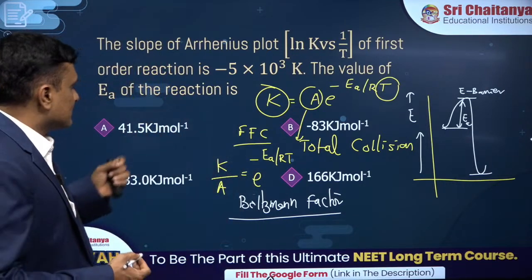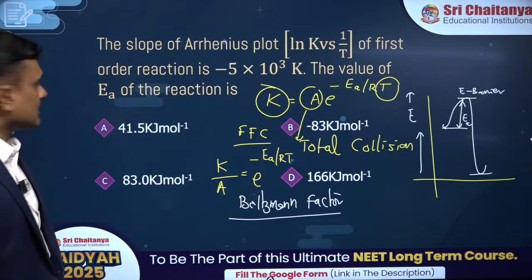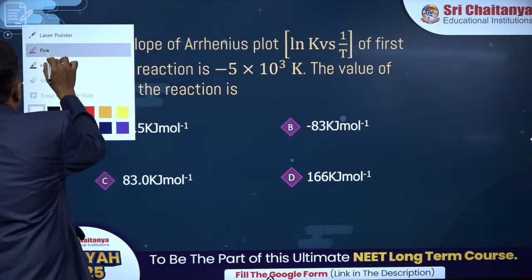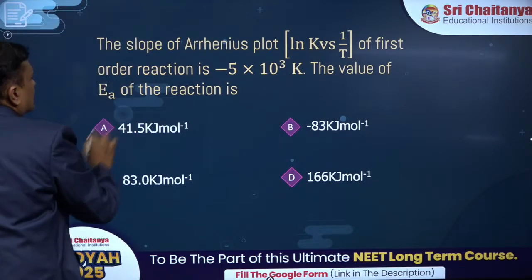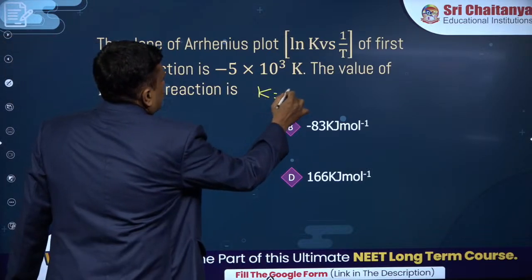Okay, now this is very important. Now coming to this question, what mistake might we commit? So I will erase the ink here. Now let me write something which is very important. You can see when I am writing the Nernst equation,